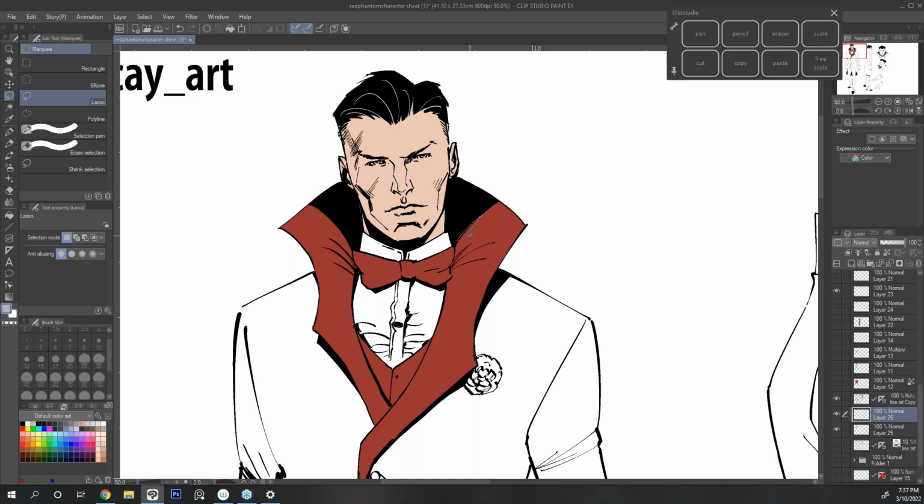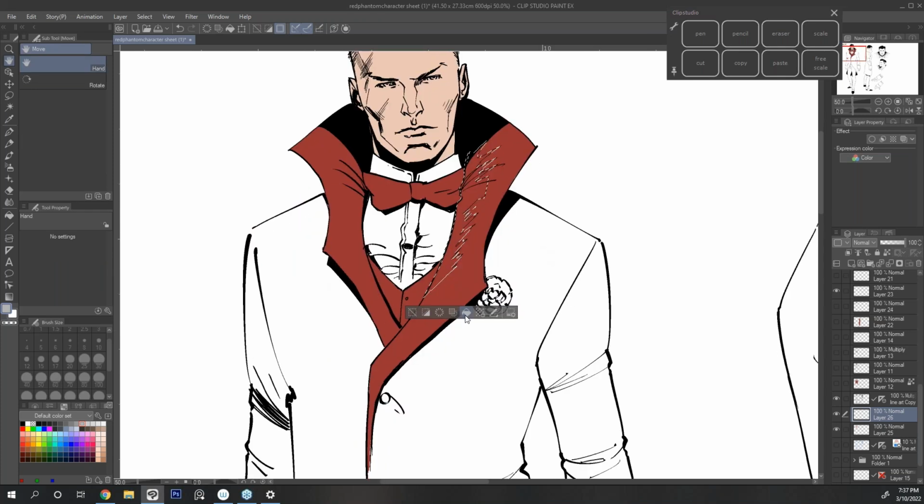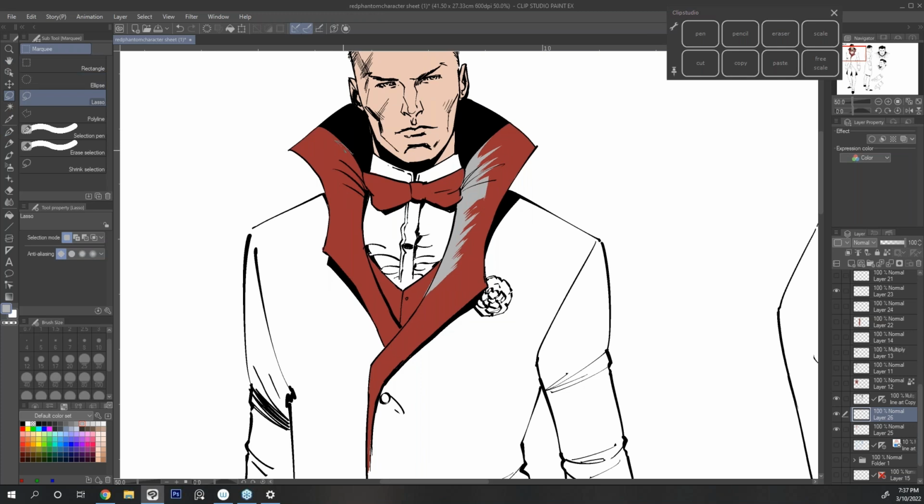Now this is a quick way I have to add shadows to these character design sheets that don't really require that much of a lighting source, just to give it a little more depth. Don't worry, that gray is gonna soon disappear, but first we're gonna select all the areas that need to be